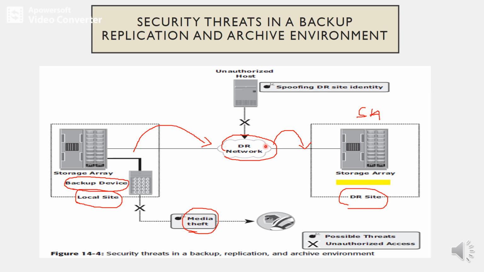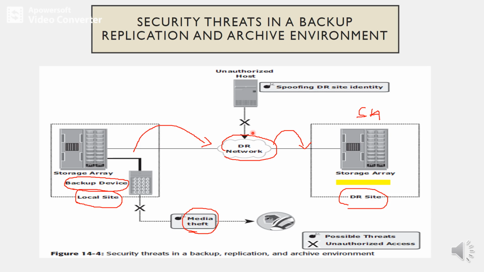So in a remote backup solution where the storage components are separated by the network, how can I address the security threats in the backup? I can pass the backup data through a separate network, so that we can avoid a number of threats at the transmission layer. Otherwise, an attacker can spoof the identity of the backup server, get the identity of the backup server, and try to access the data.